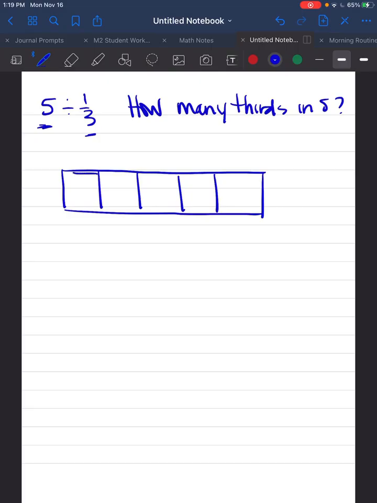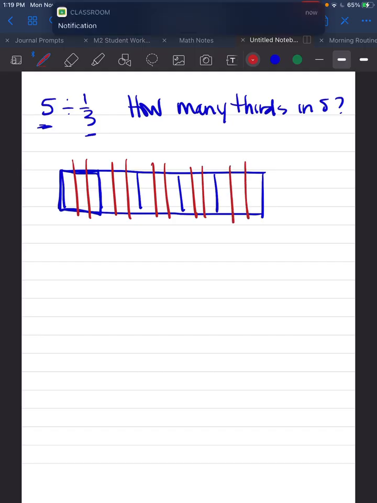Well, if I take 1 unit and break that up into thirds, and then I do that for each unit, I'm going to divide each unit into thirds. I can figure out how many thirds are in 5 wholes. Because I know there's 3 thirds in 1 whole, so then in 5 wholes there would be 3 times 5. So there would be 15 thirds